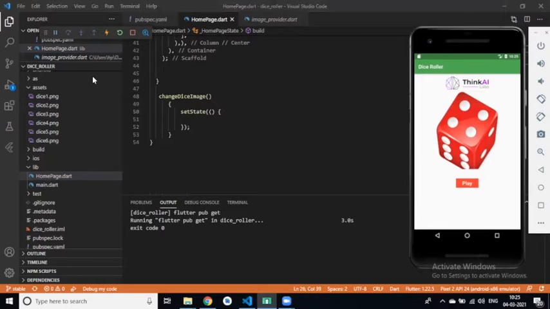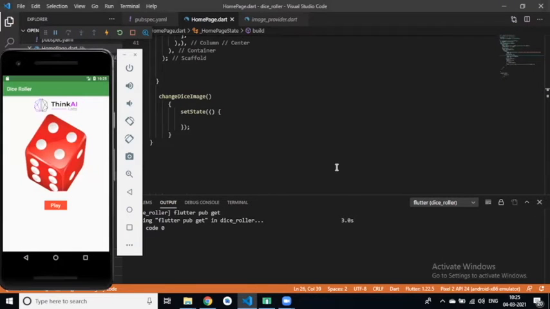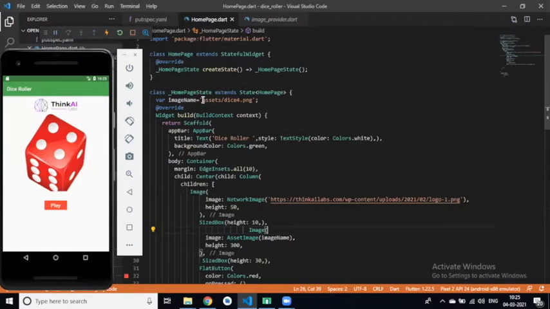We can also create a variable. We have created a variable that stores our file path, right? Asset dice4.png. We can store our file name within this variable, we can or not? Yes, we can. And I have passed this variable name in this asset image, right?